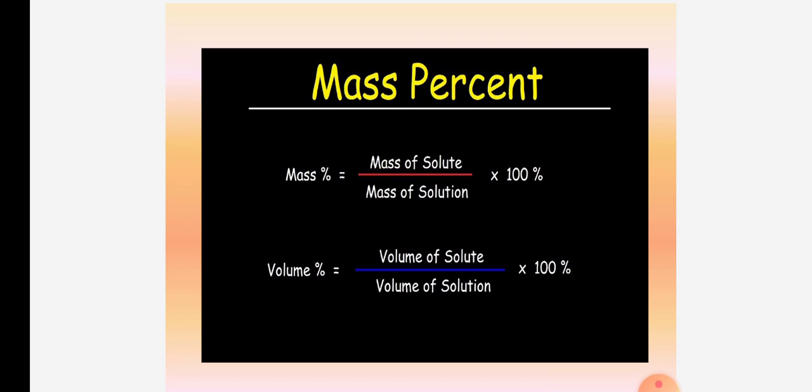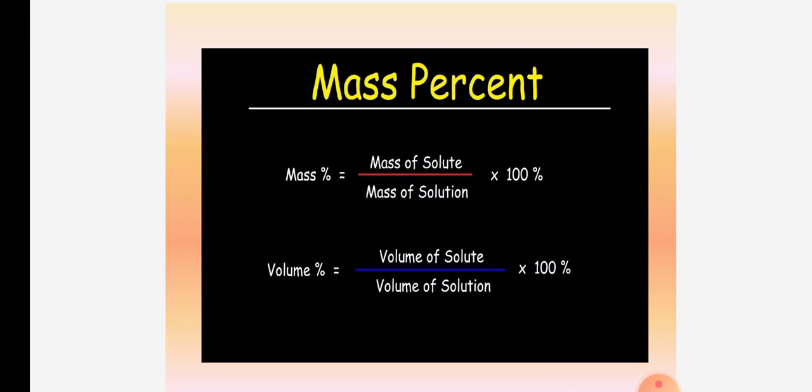Now let us assume that. You can have a notebook in your hand. Let me tell you the calculation. You just have to note down the volume of a solute. Suppose I am going to take 10 ml of alcohol. So what is the volume of solute? 10 ml. I am going to add 90 ml of water to that. How much water am I going to add? 90 ml of water.